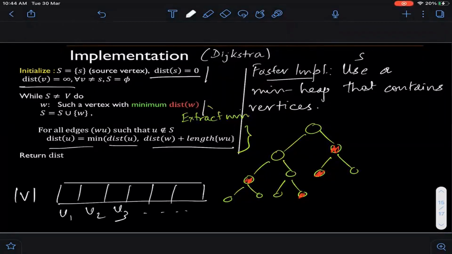Okay. And now what I will do is I will simply maintain a pointer in this array, which points to this particular node in the heap, the particular element V2 in the heap. And similarly for all the other elements. Now when I am trying to adjust the labels of V2, all I will do is access this pointer using this array. And I can directly go here. This takes only order one time. And then what should I do?